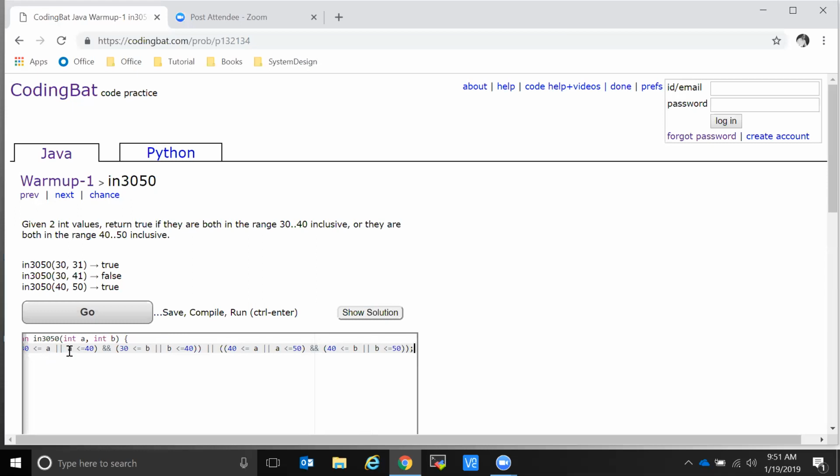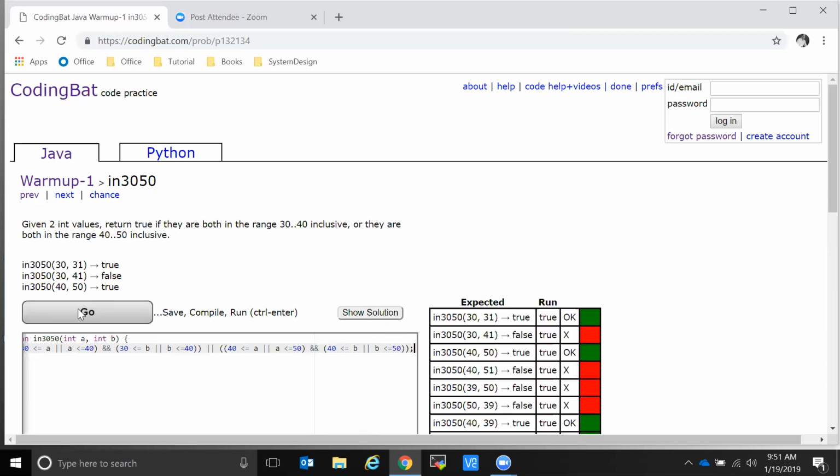We have done it. Let's see what is the result. So some issues are there. 30 to 40, 41, how is it checking 41? 31 and 41. Okay. Maybe it's giving, oh, true. Okay, okay, okay. So